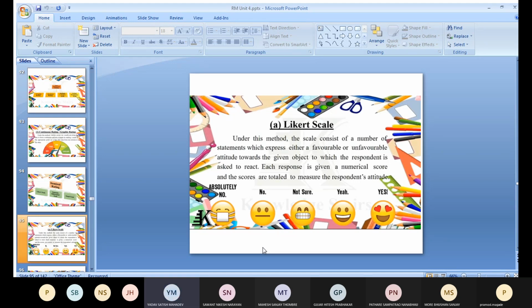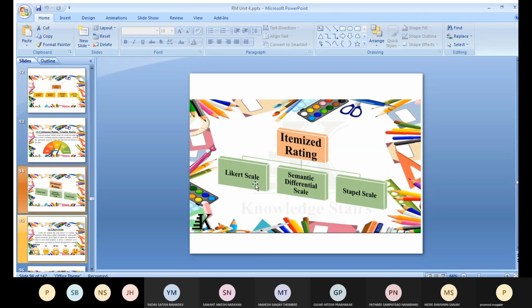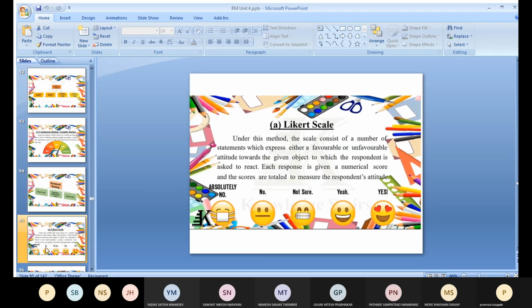Okay. So just write down the definition. The second point you have written is itemized rating. Under that we are looking at the Likert scale. So you just write, Likert scale is defined as